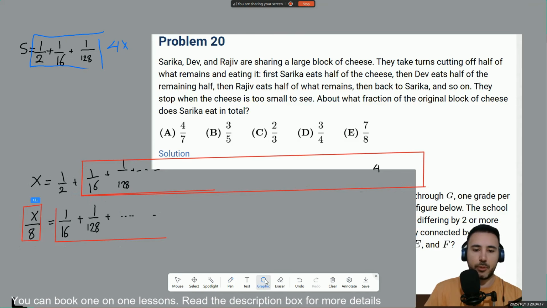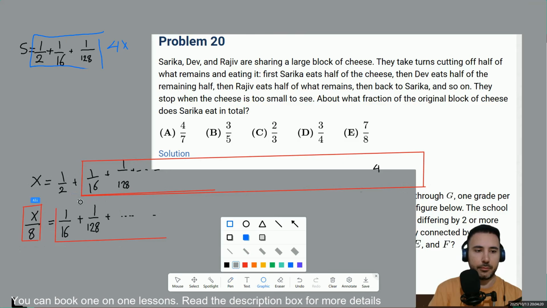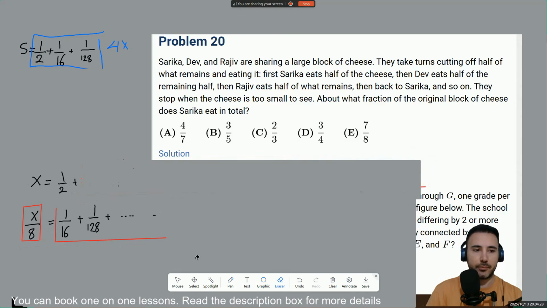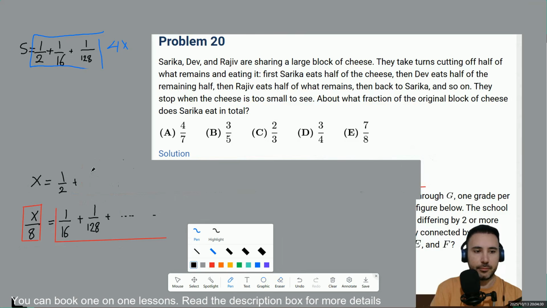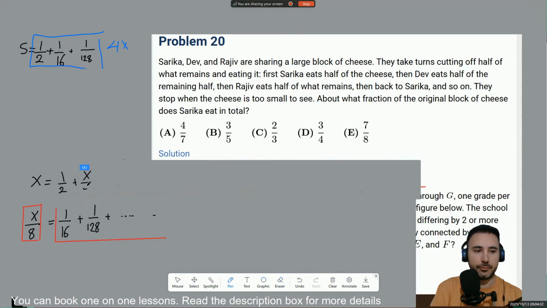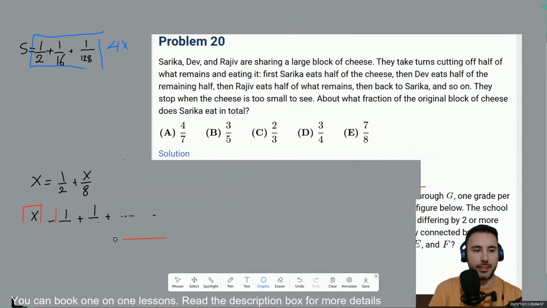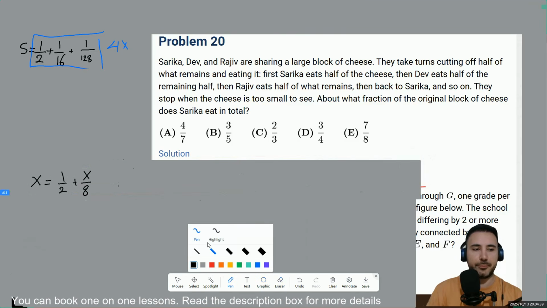So I'm going to clean this part because all of this was equal to x over 8. So I'm going to write x over 8. That's it. So now let's find the value of x. So to do that,